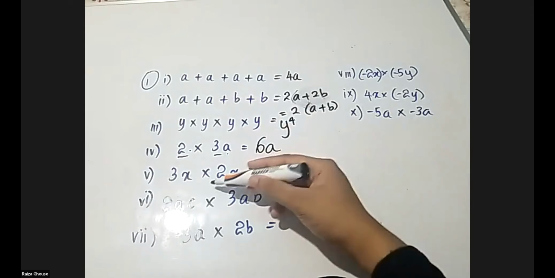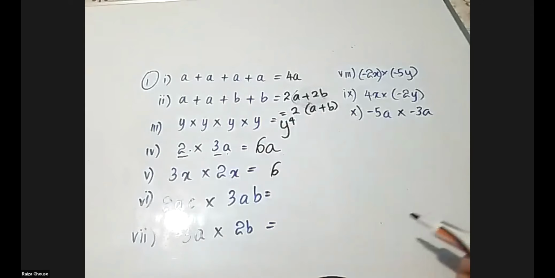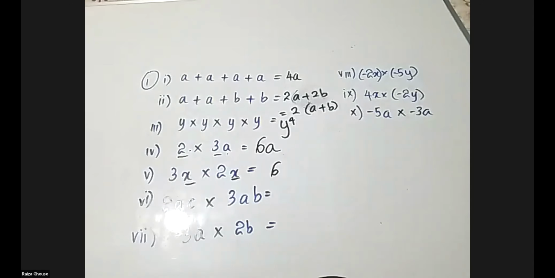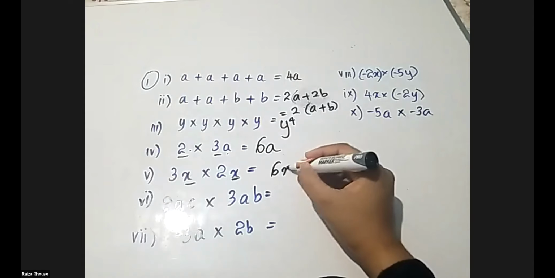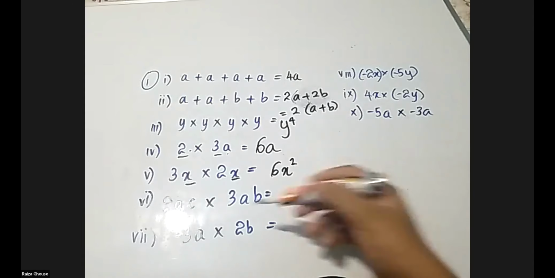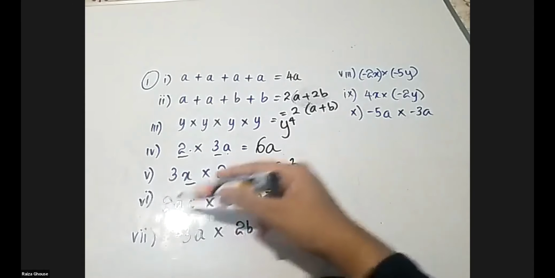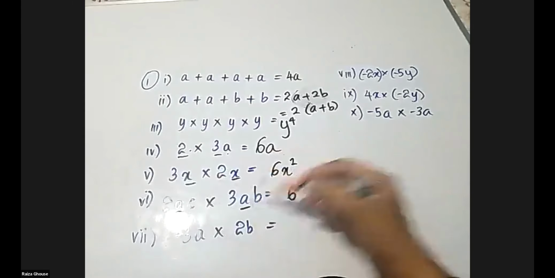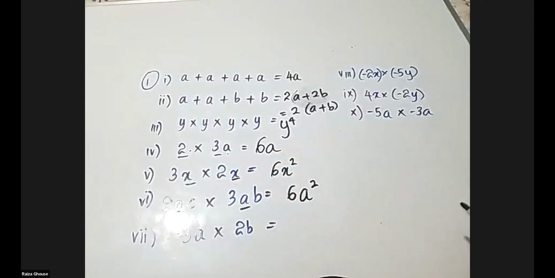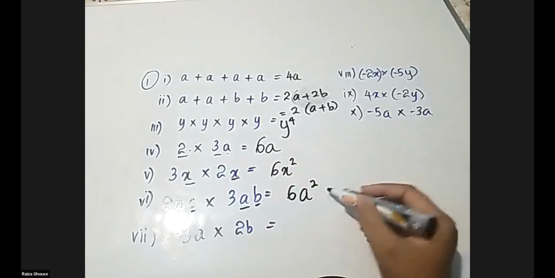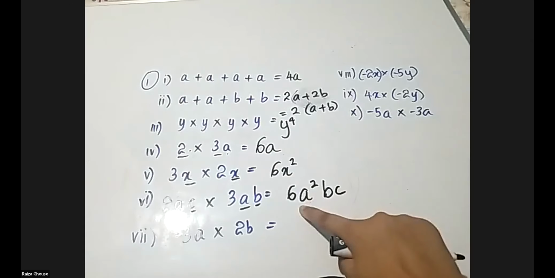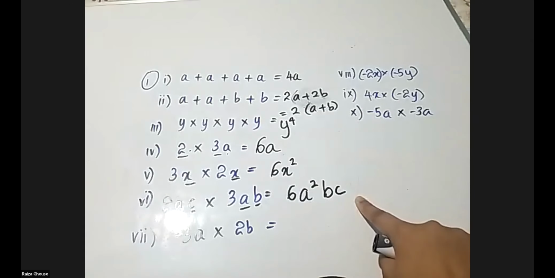And when you come here, numbers can be multiplied, 6, and here you can see 2 algebraic letters are there. They should be multiplied. So x into x is x to the power 2. And in this case, 2 into 3, 6. A into a squared. C into b, just bc or else cb. So we usually write down in the alphabetical order.